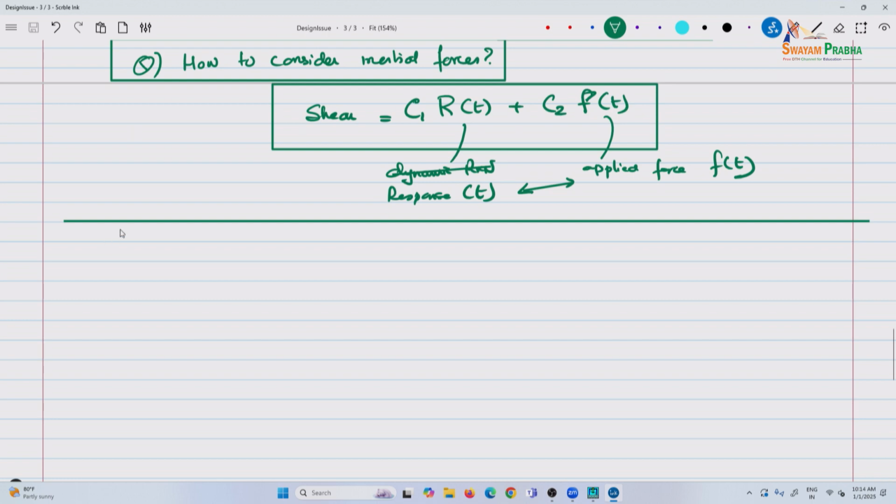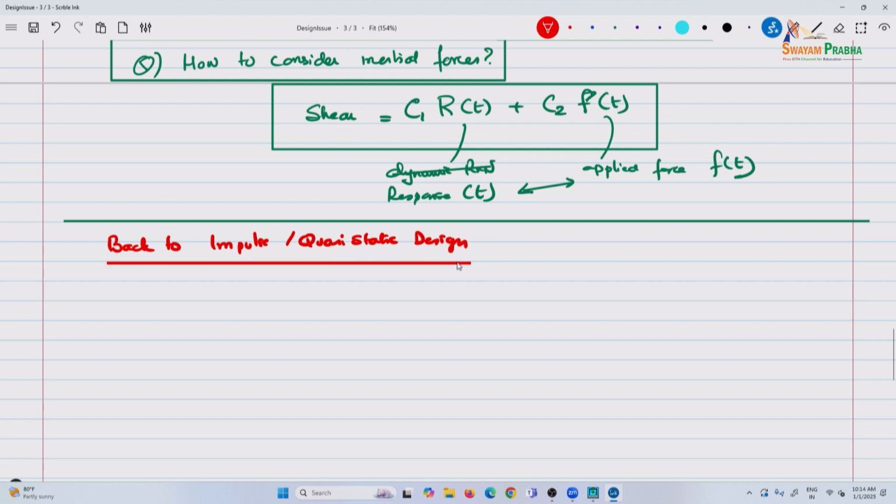So let's get back to the impulse quasi-static design, based design. So to start with, a summary, what we saw was,